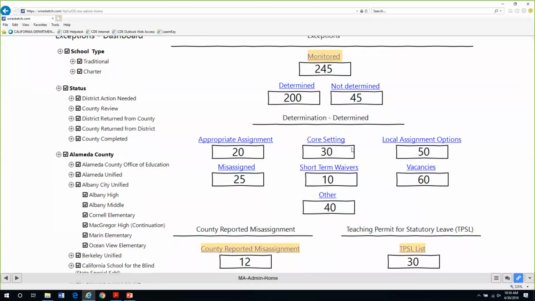So as a monitoring authority, I have the authority of determining what documentation I want to see to ensure that the justification provided is accurate. So if I decide I want documentation on local assignment options for every single one, I want to see the board authorization, then I can ask for it. I can click on my local assignment options, and I can get the full list, and I can hit return to LEA and put all of them down as a batch that I want them returned because I want to see the governing board minutes.